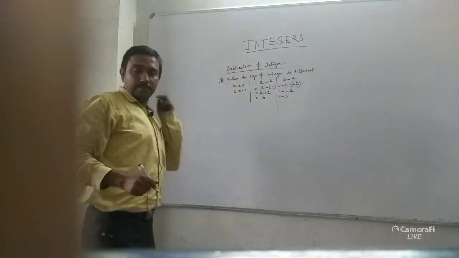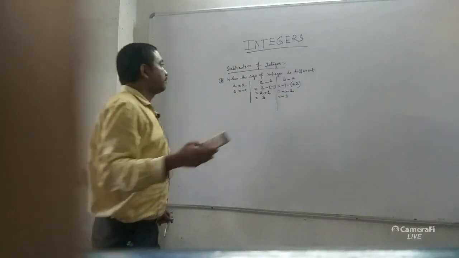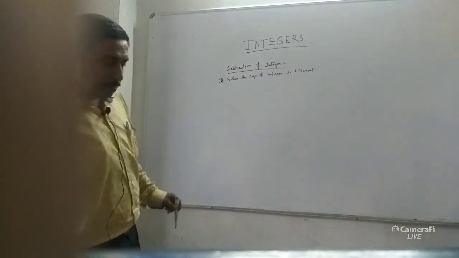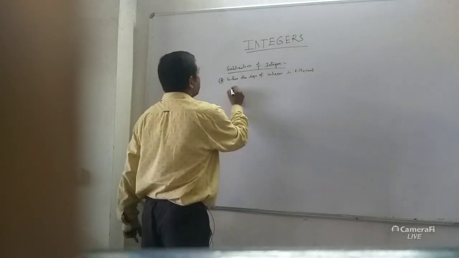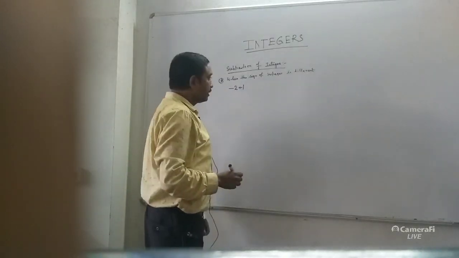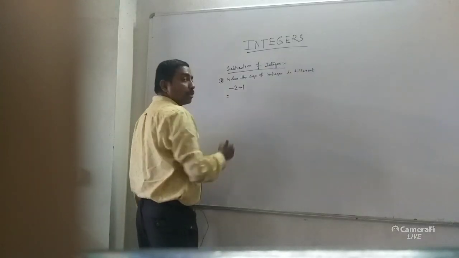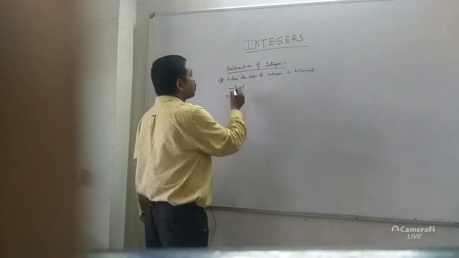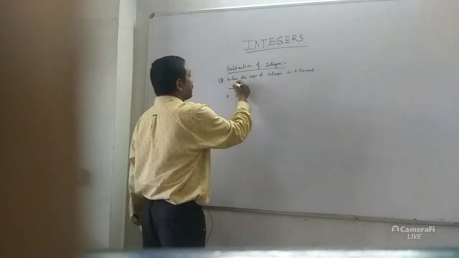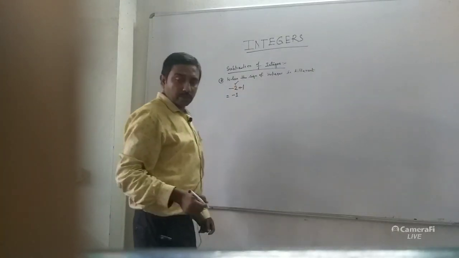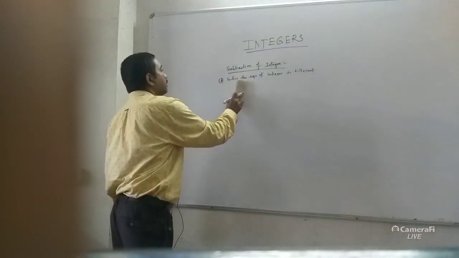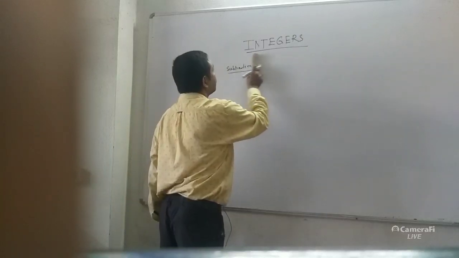In this way you do the subtraction. Sometimes it is given as minus 2 plus 1. Now simplify this. How do you simplify? Look, both digits have different signs. So you do the subtraction first. And what sign comes? The sign of the greater digit comes in the answer. This is the most important thing. So very easy. This type of math comes in the exam.